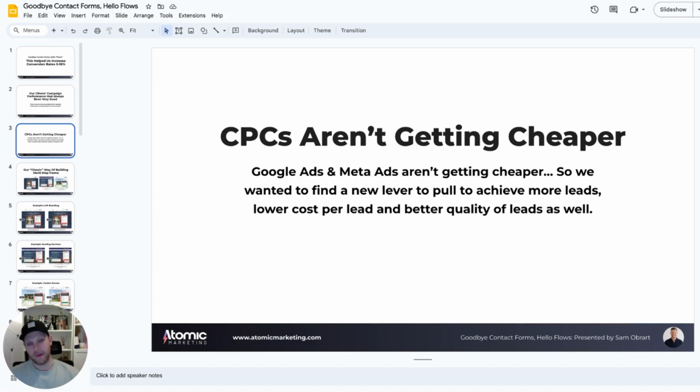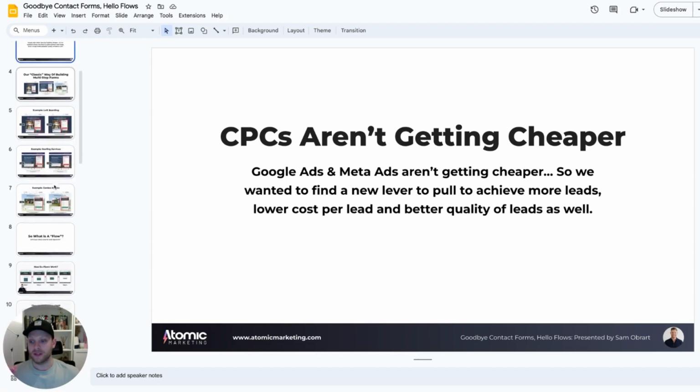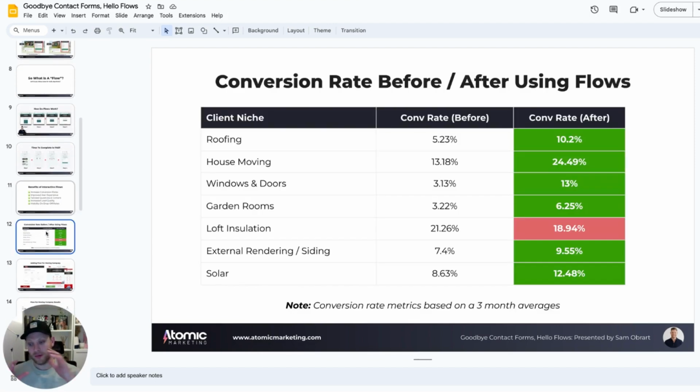CPCs are always going up, and we wanted just to find a new lever that we could pull to get more leads for our clients, get a lower cost per lead, and see if we could get a better quality of lead as well. So just to dive in quickly on some of the results that we've been able to achieve with implementing this. You can see here, this is just a quick preview, but ahead of going into this,